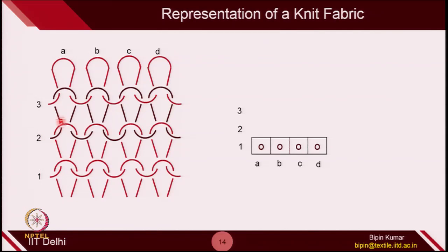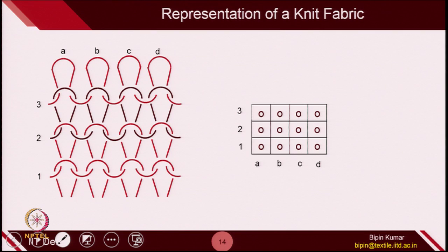Now, let us look at the second course, which is the black one. Following the yarn movement from one end of the yarn, and again looking at the loop architecture, we can easily see this loop is also being formed on the back side of the bottom loop. So, in the second row also we have all technical back loops. Again on the last row, which is the top row, all 4 loops are being formed on the back side of the black loops. So, again this is called technical back loops.